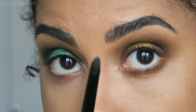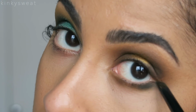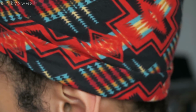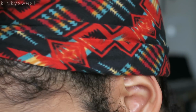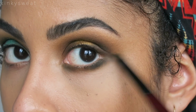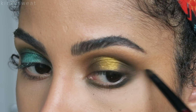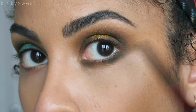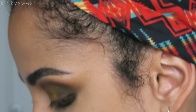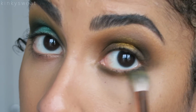And then I'm taking Space Queen with the same brush, but now cradling outer and inner portions of the lower lash line. Ooh, we got a little bit of fallout, oh my god, pencil brushes are falling. I'm just kind of carefully combining the two so they fuse together and they diffuse into that nice winged out gradient point. I'm also gonna take this brush with Mochi, since this is our green brush, and I'm placing